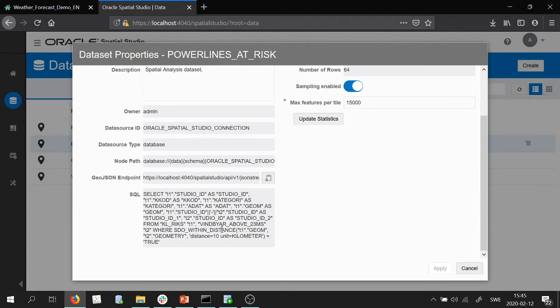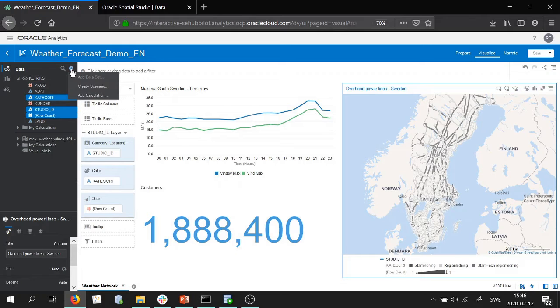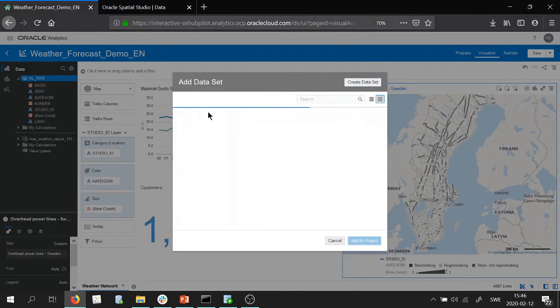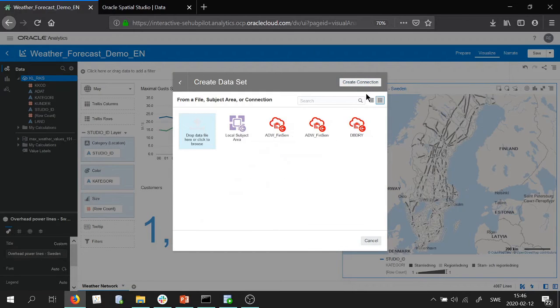We can see what columns were selected, from which dataset, and also the actual algorithm in SQL that was performed. In this case, within distance. So this is quite powerful. You can go ahead and run this in SQL Developer, for example. But in our case, we want to make a call and import this view into our Oracle Analytics Cloud dashboard. So I will create the dataset, but instead of dropping in the file, I will choose my